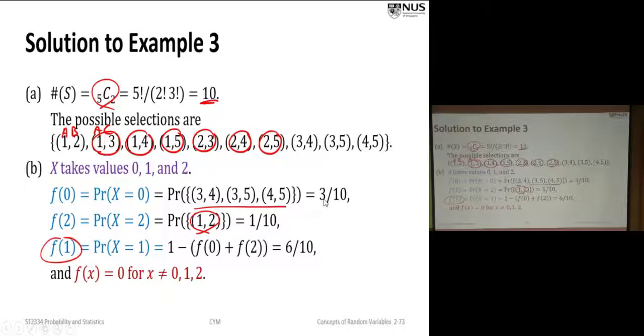Get into the habit that although we know that X can only be 0, 1, 2, in order to specify your probability distribution function, you also name all other x values. So long as x does not equal 0, 1, or 2, then f of x equals 0. It looks not so important, but get into the habit that you define it for all the x values.